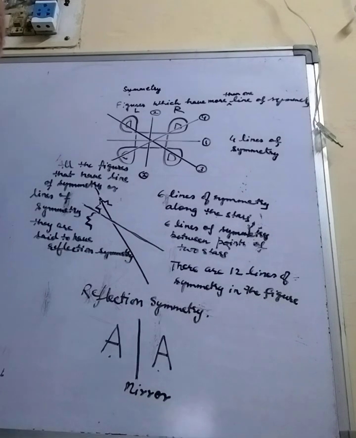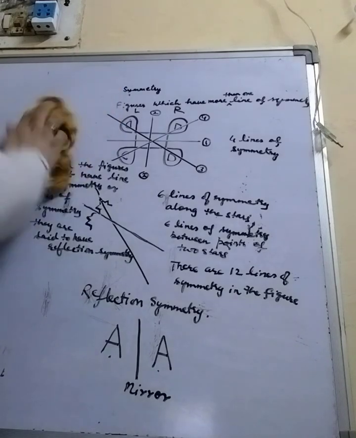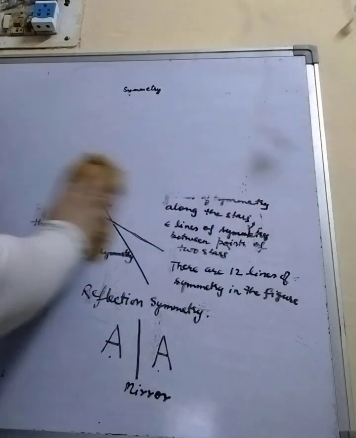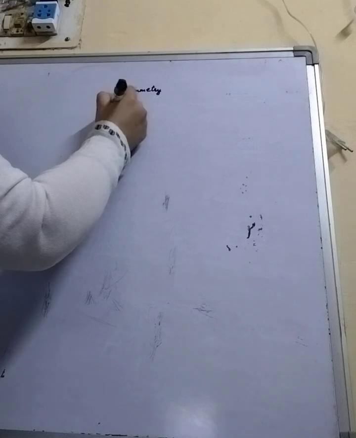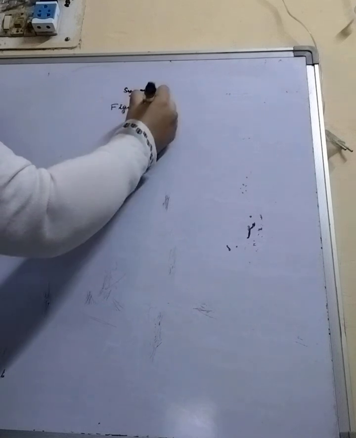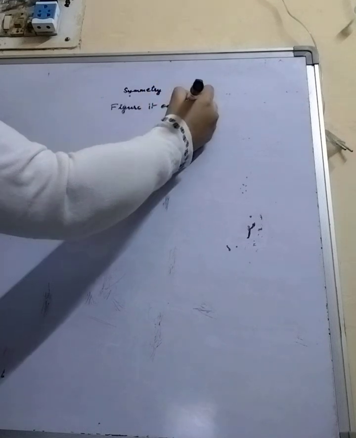So let's start with Figure it out number 2. In this Figure it out, we will see how to get symmetry by the paper cutting method. So we start with the first question, that is